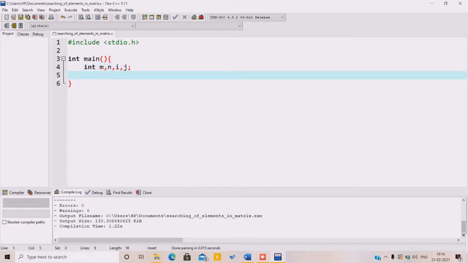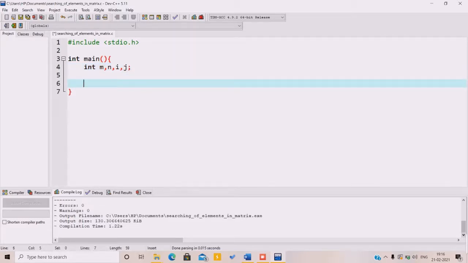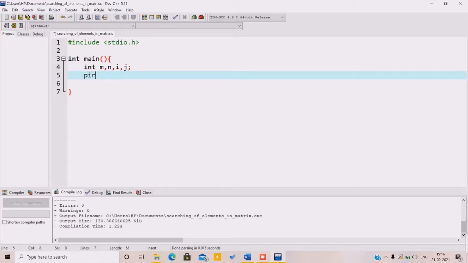So first of all, let's take the size of the matrix from the user. printf is a function used for printing anything in C, and in other programming languages we use print, console.log, System.out.println in Java. So first of all, enter the number of rows and columns.